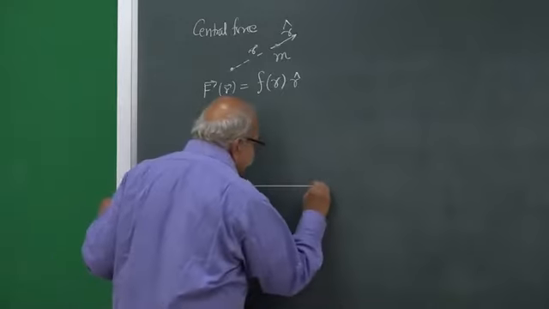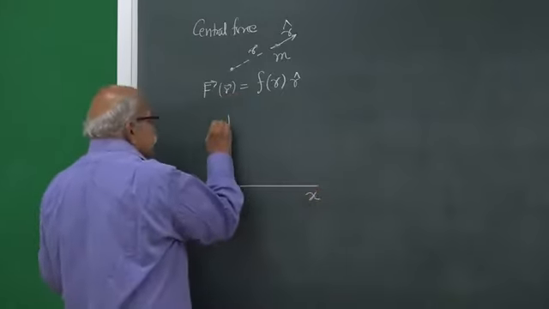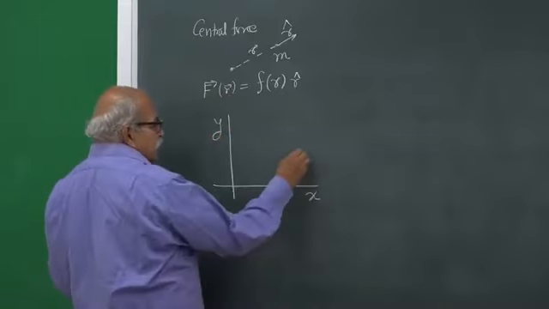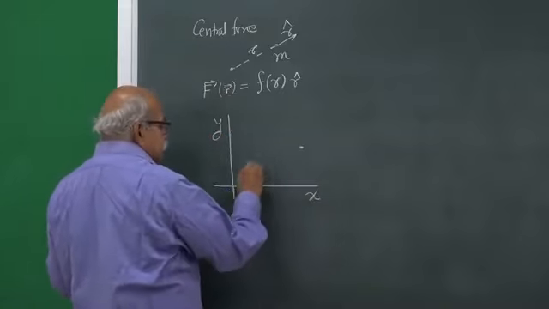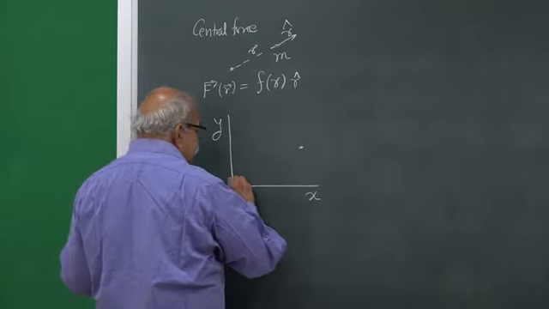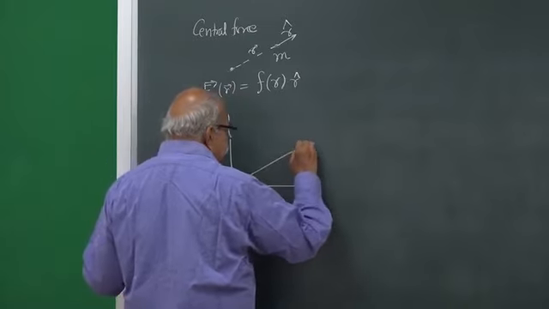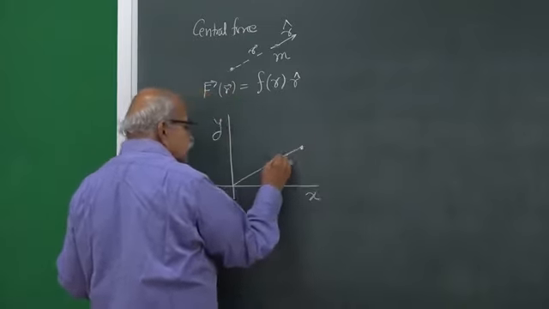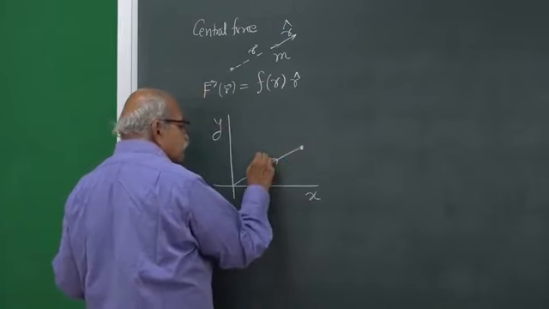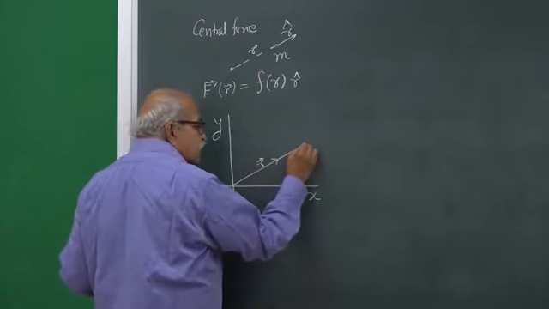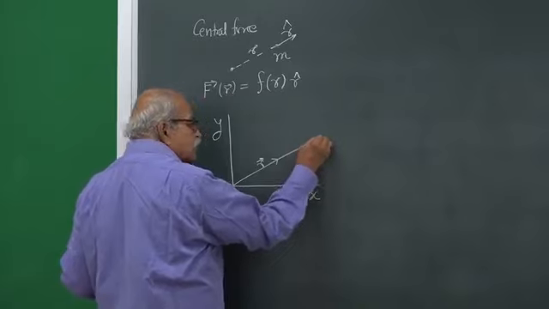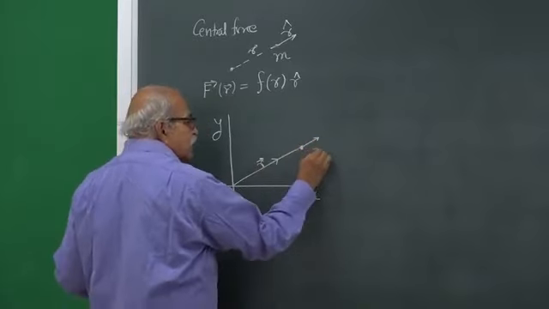So, I have x axis and y axis, and then the particle is somewhere, and if I join the position of the particle from the origin, this vector is the position vector r, and the unit vector along this position vector is known as r cap,